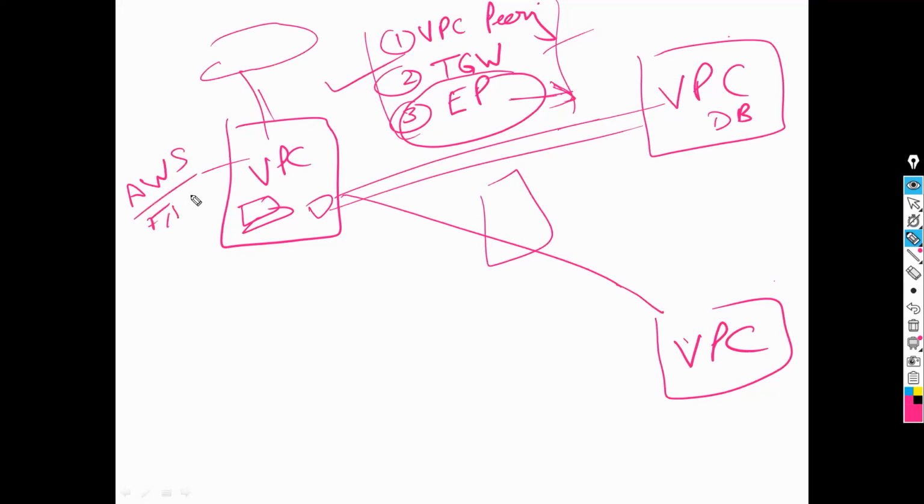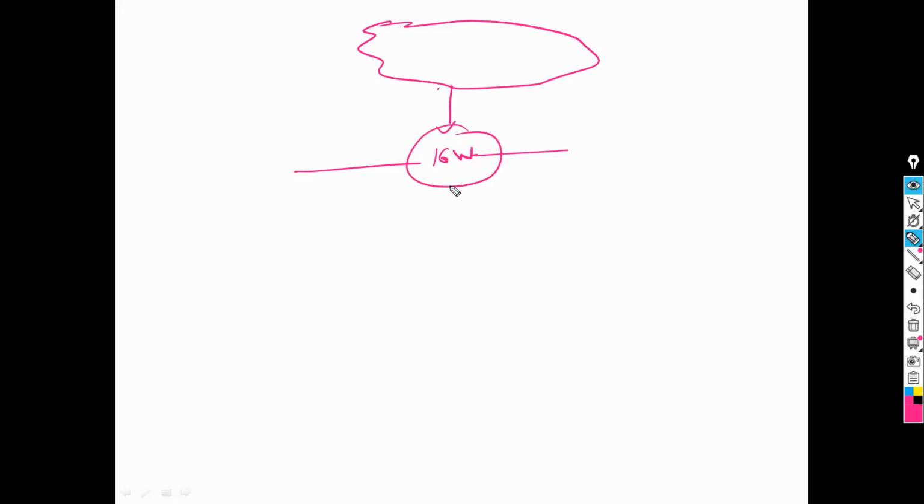So I will use AWS's own firewall. If I deploy that AWS firewall, then what will the design be? If this is my internet, that internet will send the request to my IGW. This is my VPC with an IGW. The IGW will route that traffic to the AWS firewall,